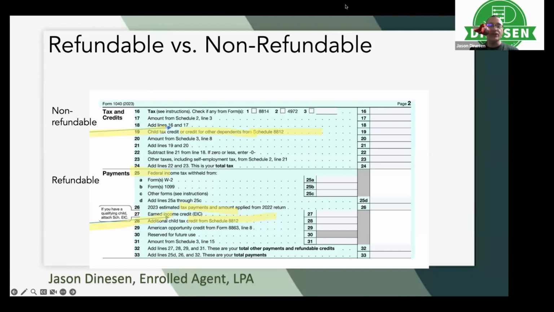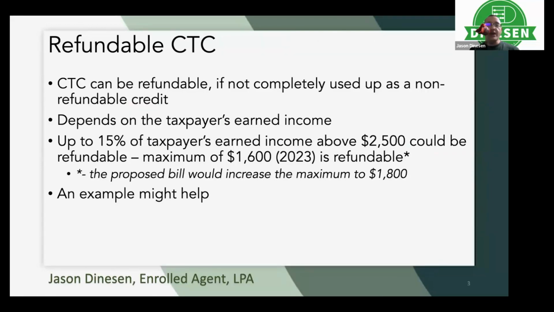And then the additional child tax credit. That is the technical name of the refundable portion of the child tax credit. It's called the additional child tax credit. So if not completely used up as a non-refundable credit, then part of the child tax credit becomes refundable. The amount depends on the taxpayer's earned income. And that calculation of what the refundable portion is